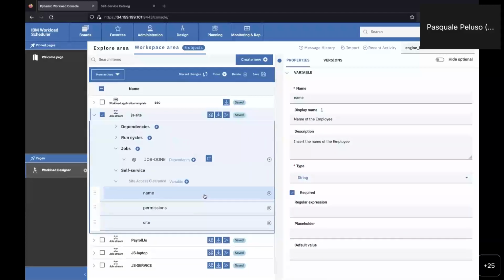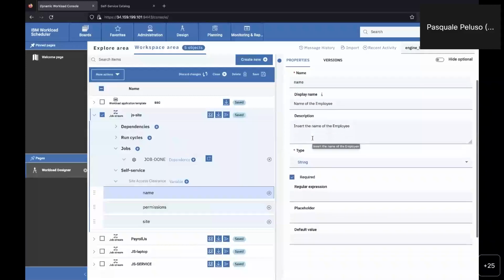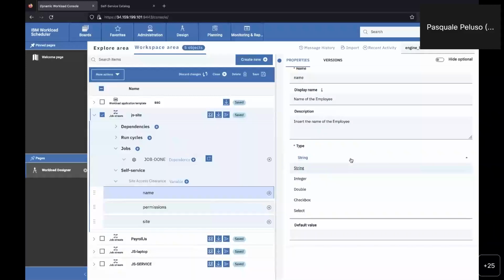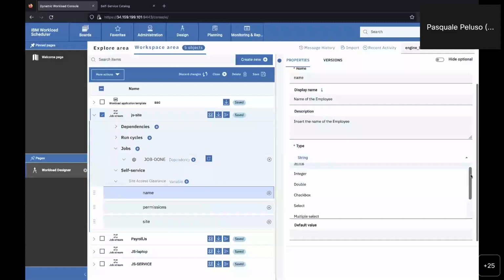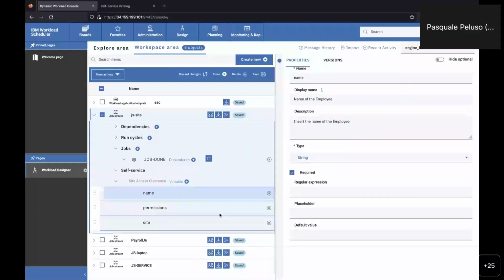And then you can use and set some variables. We have different kinds of variables. We will see how they work later. We can actually put strings, integer, double, checkbox, select, radio groups, and other different variables. All those variables can be used for submitting jobs. What I mean is that,